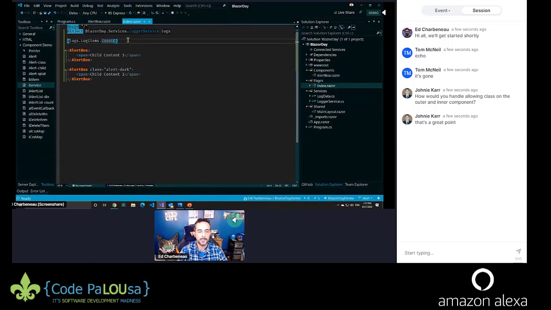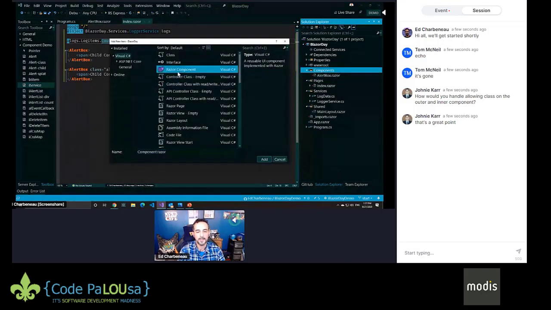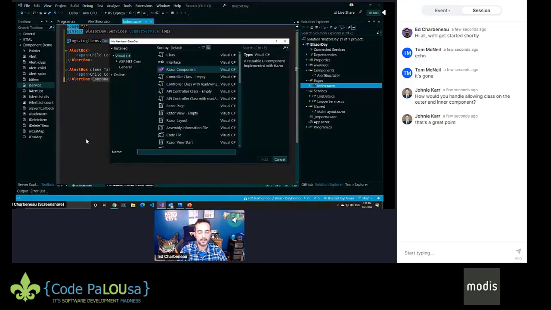We're going to continue with binding a list of items to this collection. So we have our 25 items. What we want to do is create a brand new component, though, that is a list-bound alert box. So I'm going to go over to components again. And this time I'm going to add a new Razor component. And this component is going to be called alert